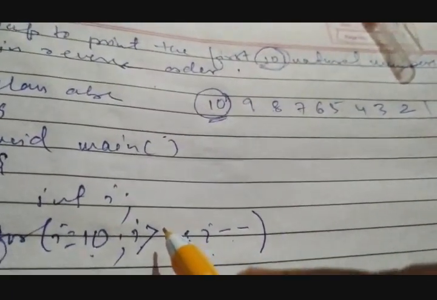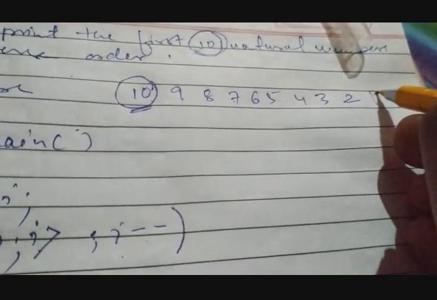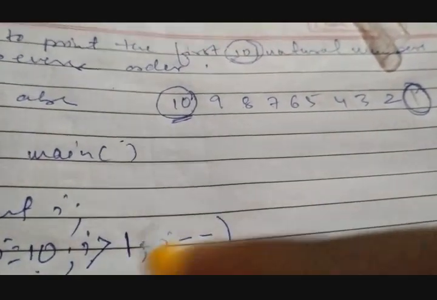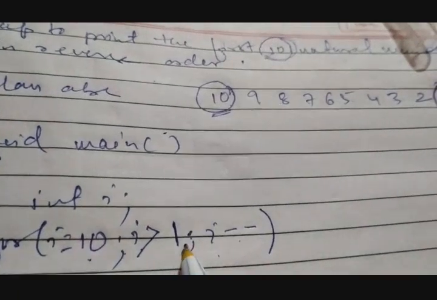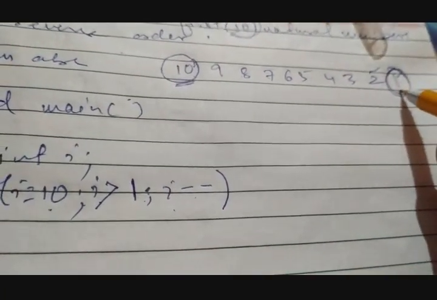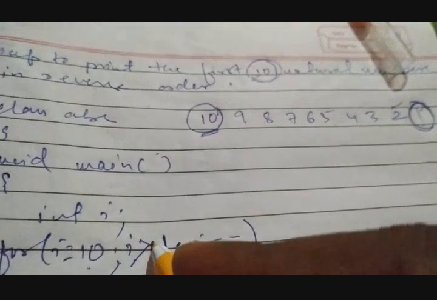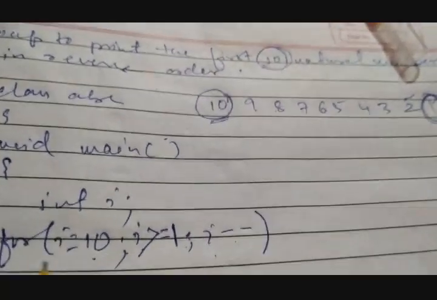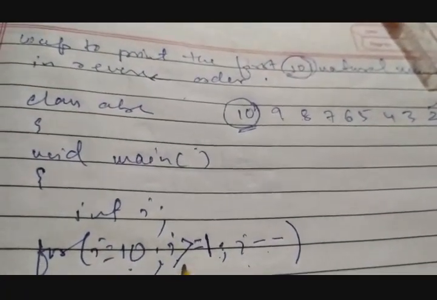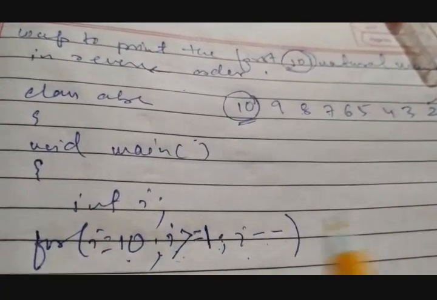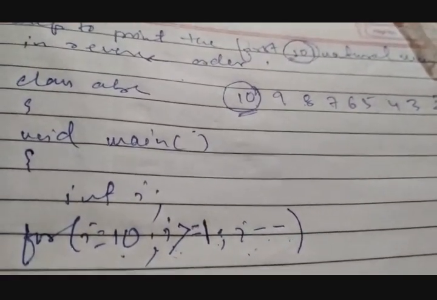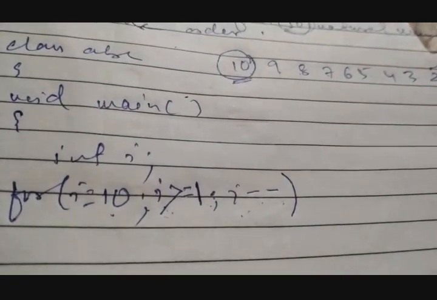Now greater than, where does it have to go? It has to go up to 1. The last limit, the target value, is 1. But if I is greater than 1, it will only run up to 2, because 1 is not included, so here we will put equals to. Are you getting it? I is 10, I is greater than equals to 1, I minus minus. Remember, when it is minus minus, the greater than symbol will be here. You will find out later why.